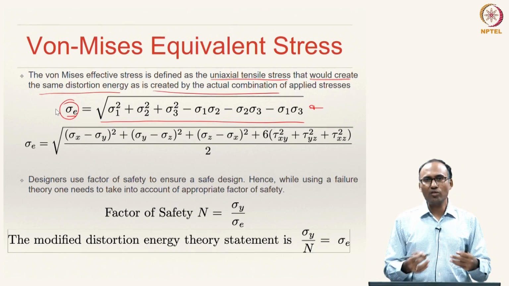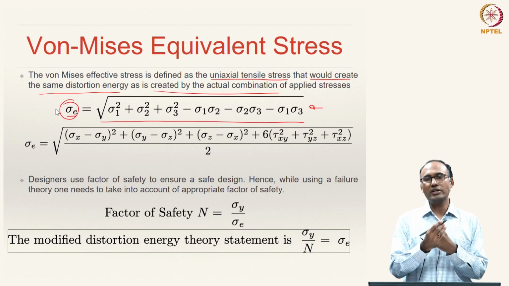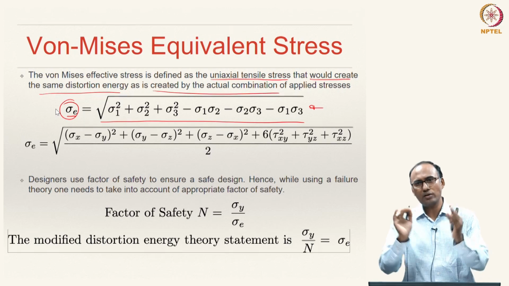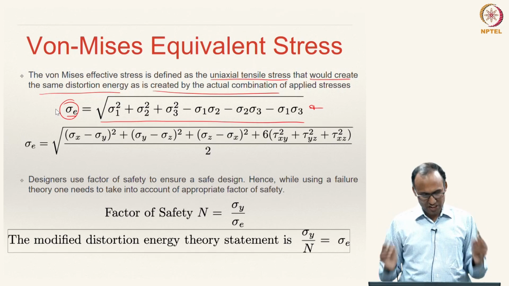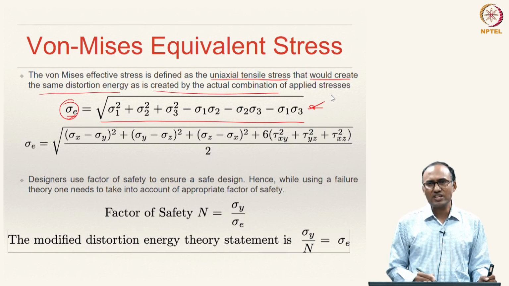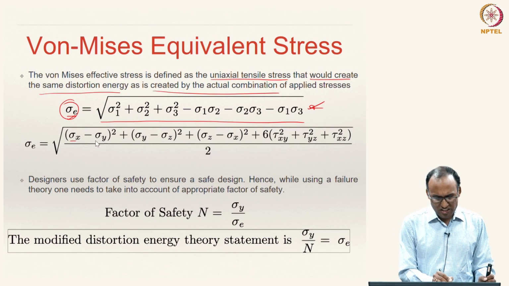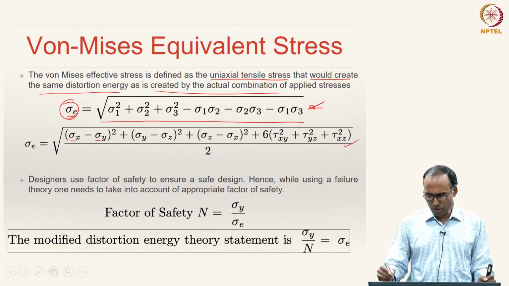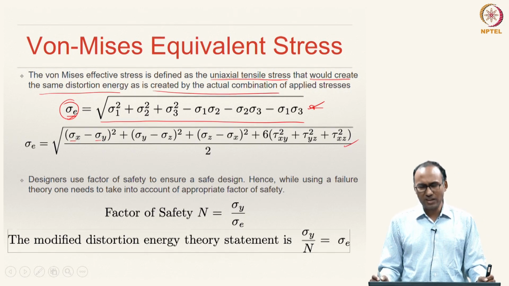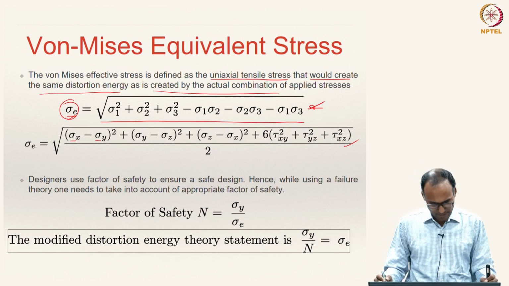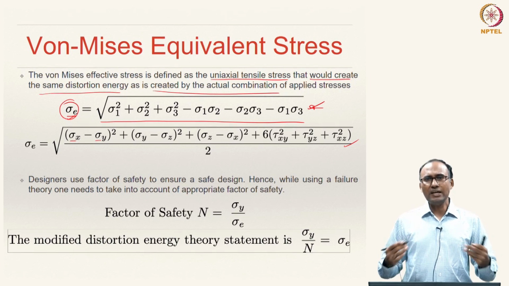Basically, this equivalent stress is a scalar quantity, please keep that in mind, it is not a tensorial quantity, because it is a one dimensional equivalent of your combined state of stress. You can write this equivalent stress both in terms of principal stresses or using your full stress tensor, which is sigma xx, sigma yy, sigma zz, tau xy, tau yz, tau xz. Both formulas are possible, and you must have learned this in your strength of materials or mechanics of materials class. So, when you are designing components,